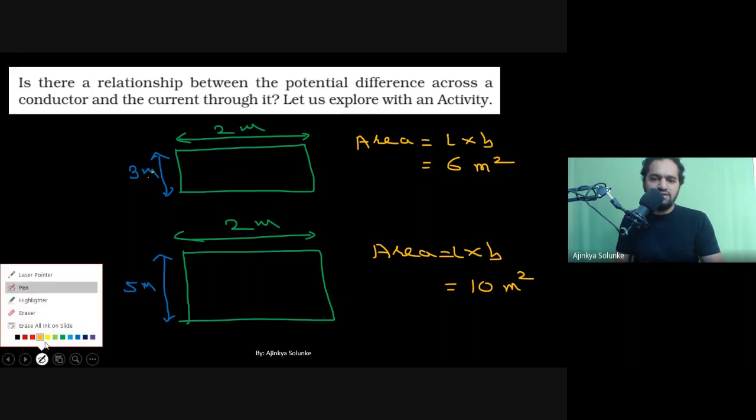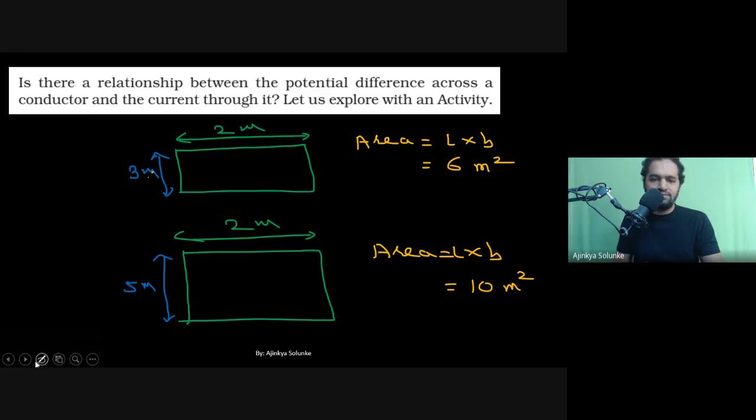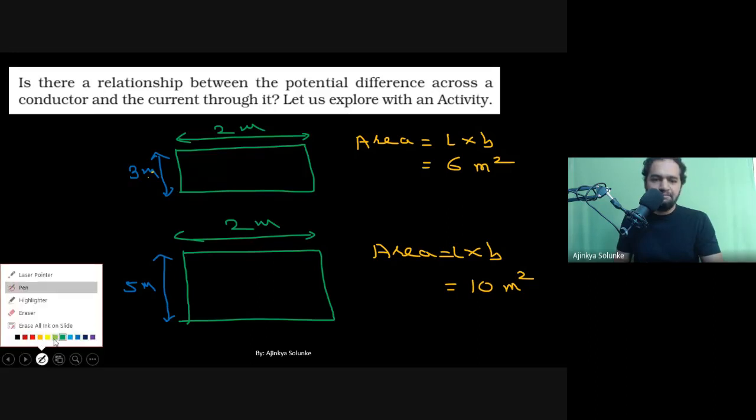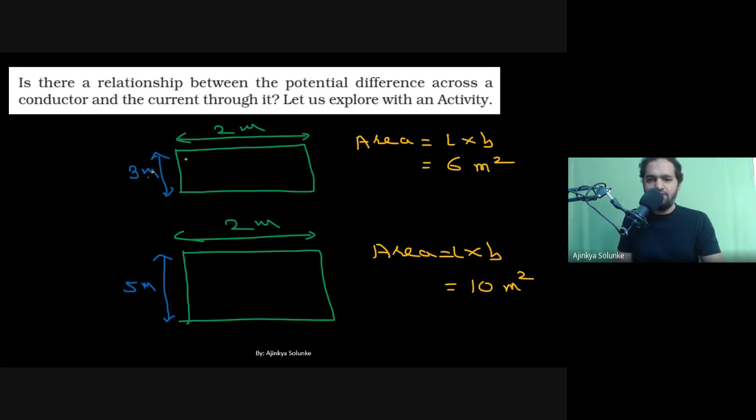Okay, if that is the case, tell me one thing. If I am trying to show electrons here, 1, 2, 3, 1, 2, 3, 4, 5. Can I say I am able to fit more electrons in the bottom wire because the area is more, 10 meter square? My electrons are more in this case. See, I was able to fit only 3 electrons in a row, but I was able to fit almost 5 electrons in the second wire.